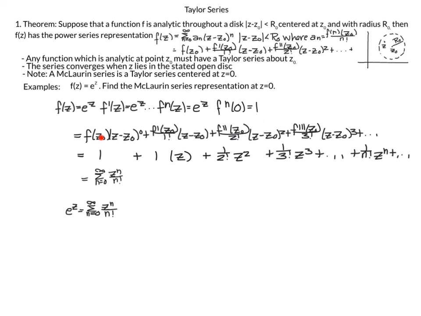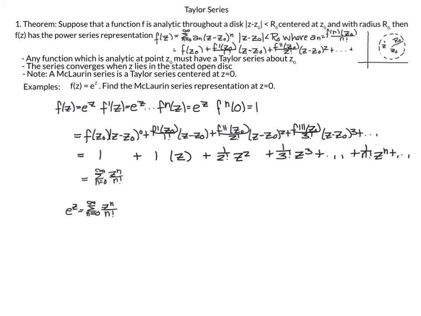So when I have f evaluated at z naught, that's just going to equal 1, and anything to the 0 power is just 1. Here I have f prime evaluated at z naught, again that's 1 over 1 factorial, which is 1, and z minus z naught is just z. F double prime is also 1 over 2 factorial, z minus z naught, again z naught is 0, so that would be z squared, plus f triple prime is just 1 over 3 factorial, z cubed, plus,